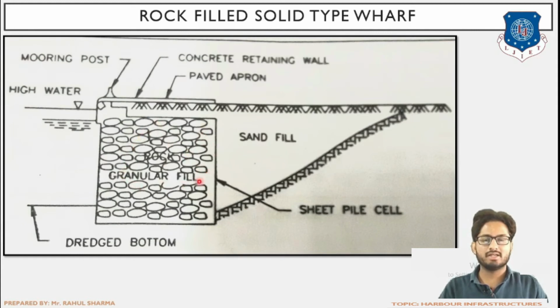small size rocks have been placed, and that is the reason for the name. Dredging we have seen. Sand fill is sort of the filling which is existing in this region. So here, instead of constructing the piles or cylinders one by one, this is sort of a solid construction, in which the stability is more. Why? Because here the rocks have been used as a filler, and inside the huge cylinders, sort of sheets with large dimensions, the rocks have been placed in those sheets.